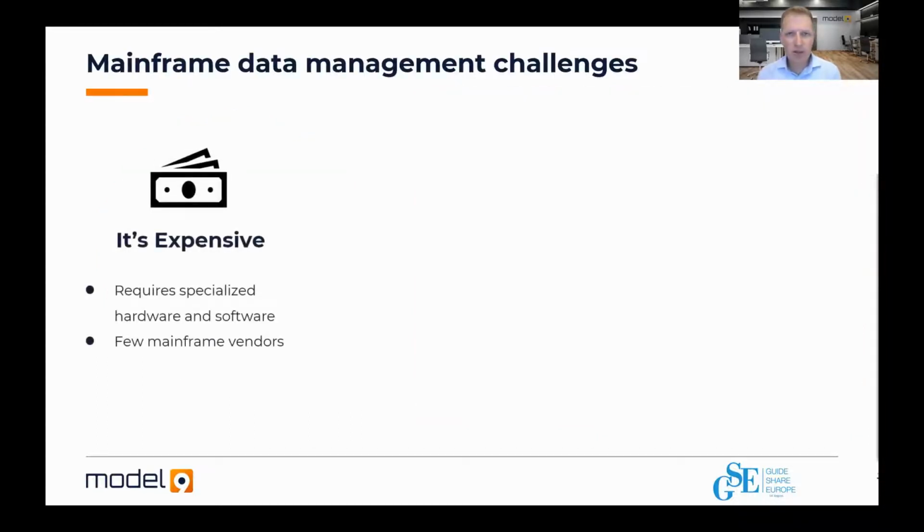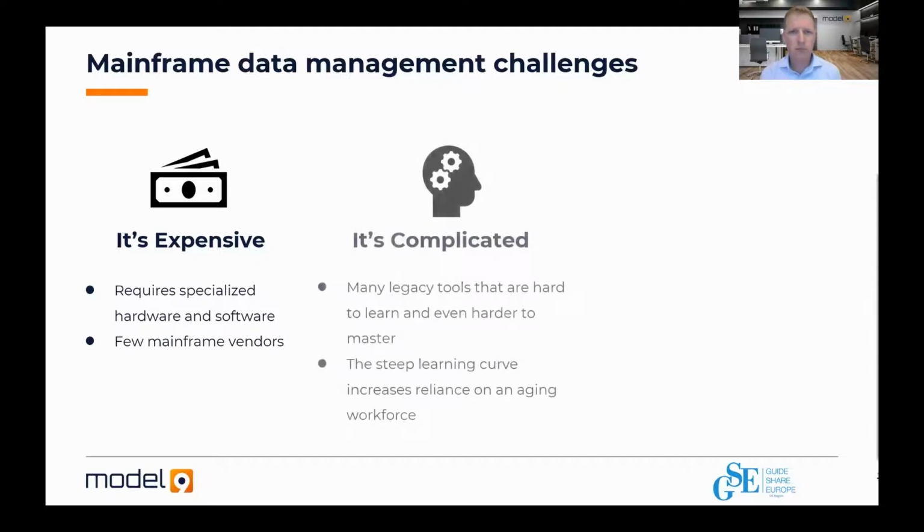So the data management challenges around the mainframe. The first point is that it's expensive, right? You need specialized hardware and software. There are not a lot of vendors that support mainframe protocols, and that's why it costs more than open systems. It's complicated.